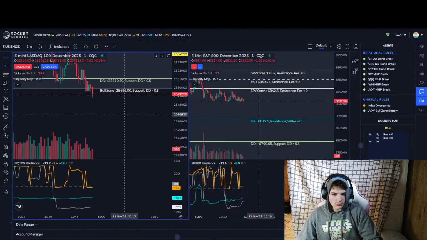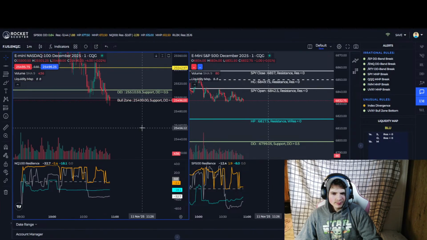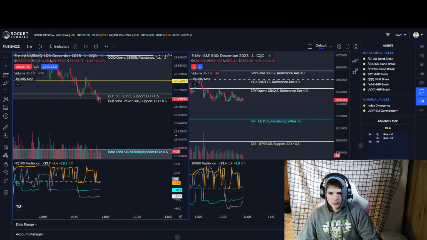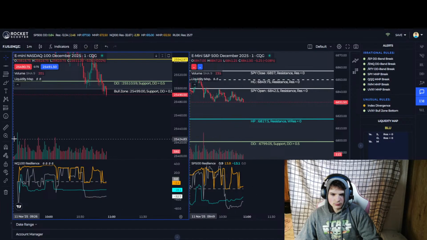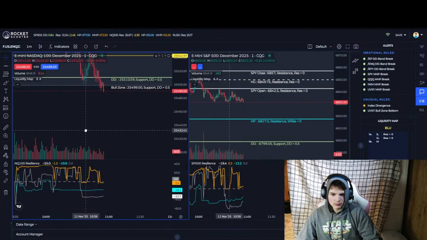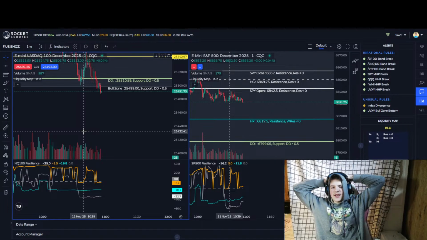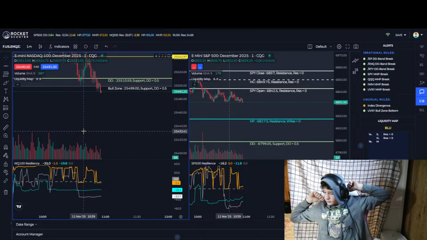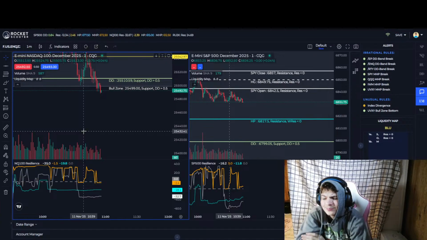I want to see if this will break. I really don't know what to expect from this point. This is a Quiddy pocket. Anything can go on here. I'll probably just sell. But it looks like it's selling, maybe? That's what it looks like. I'm gonna go in 4 minutes.